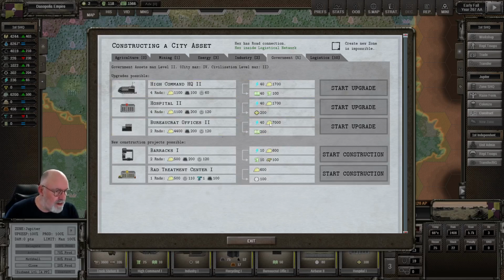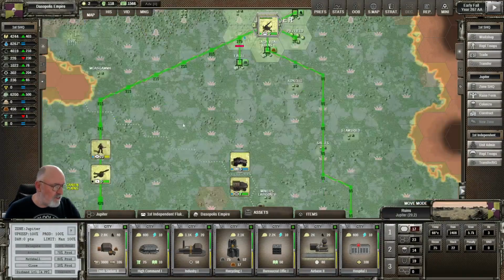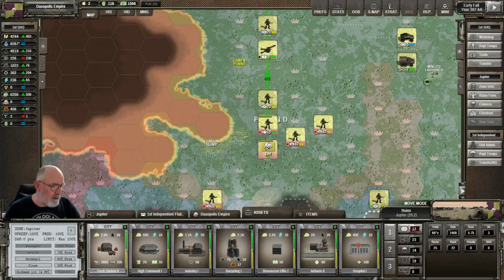Actually, this is one thing I do need to get fairly urgently, is the bureaucratic offices. So I'm going to go and start to produce this one here. We'll get that one established, and that will then do us, I think, for now. Now, Picard